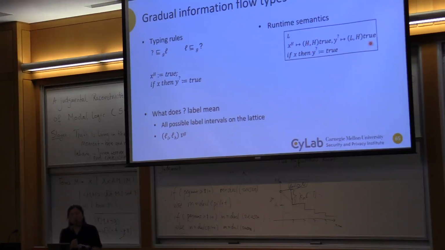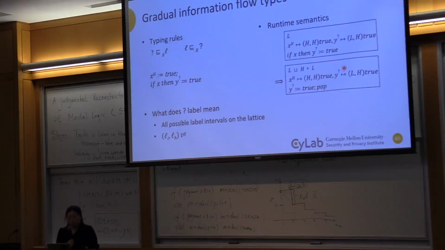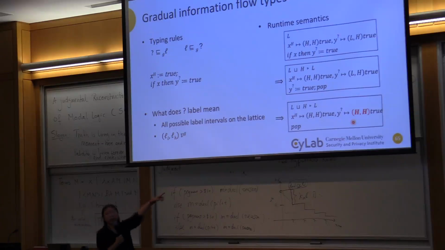Now y, I don't know, I have two parameters, y is question mark, so it can be either low or high. When I first do branching, I'll just pile up the PC, so now the top is actually a high context, nothing else changes. And now I'm going to do this assignment y. So when I evaluate this assignment, because I'm under high context, I'm going to refine y's label to be high. Because it can only safely happen when y's label is high.